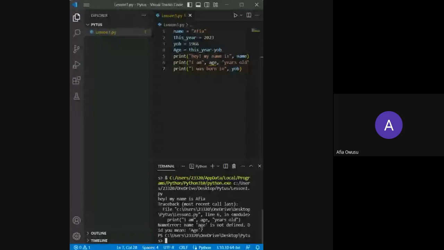So please share your screen and let's look at your code. Fine. Can you say it? It's now loading.